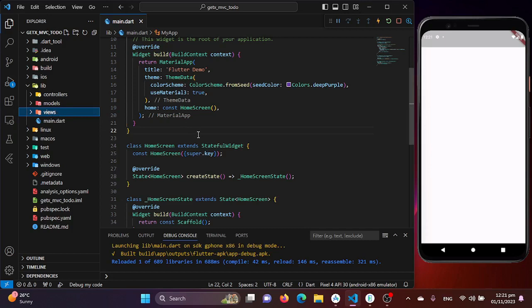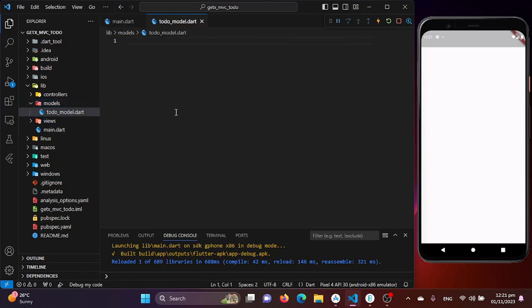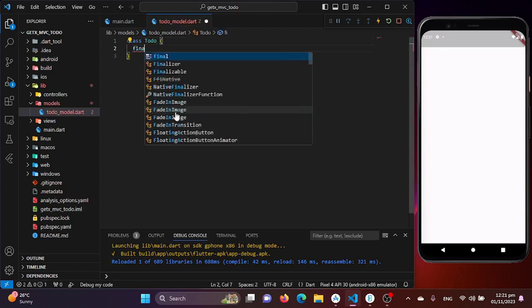To begin with, we will create our model, then the controllers, and then the view section. So let's begin with our model. I'll create a file here, which will be todo_model.dart, and here I'll create the model, which will be class Todo, and now I'll create a final